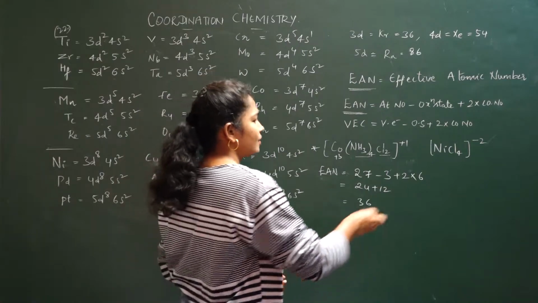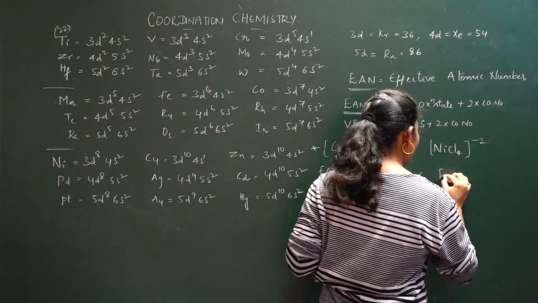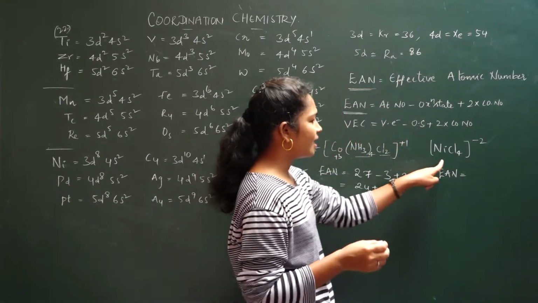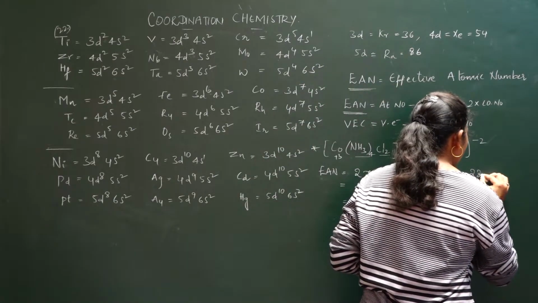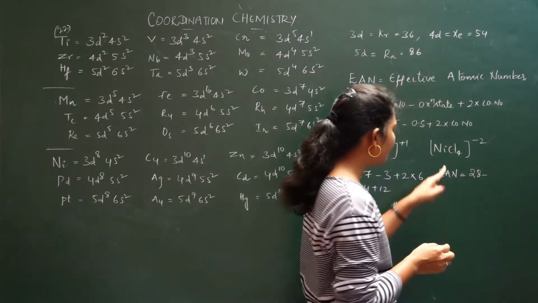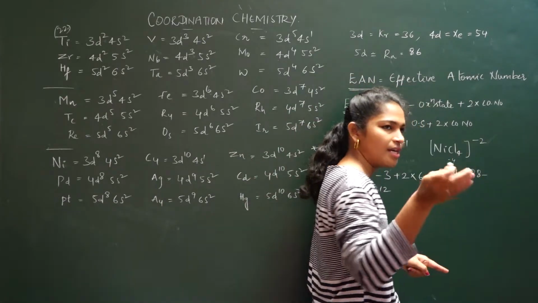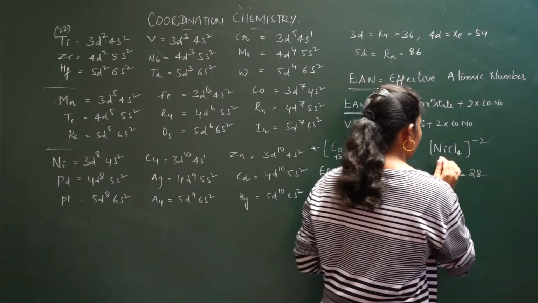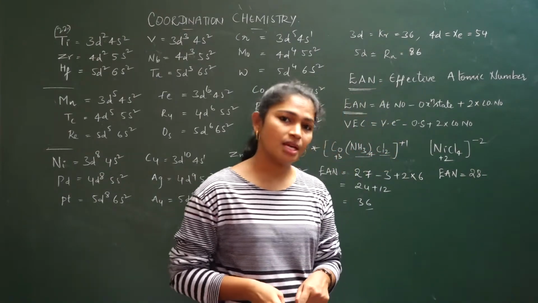Okay. Suppose you just take this one. Here also you calculate EAN. EAN is equal to, clearly just see here. What is the atomic number of nickel? 28. So 28 minus, what is the oxidation state here? Here minus 4 will come, right? Minus 4 is equal to minus 2. That means minus 4 we are sending that side, so it will become plus 2. That means the oxidation state of nickel will be plus 2.